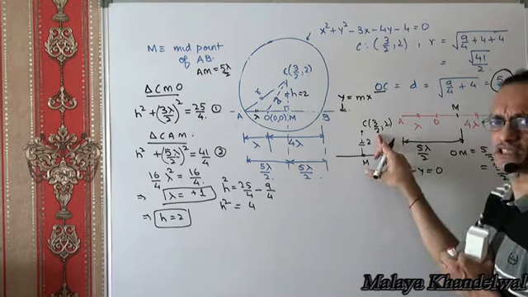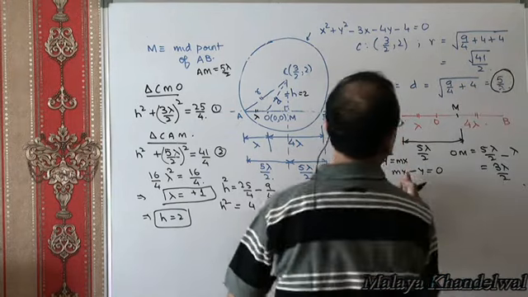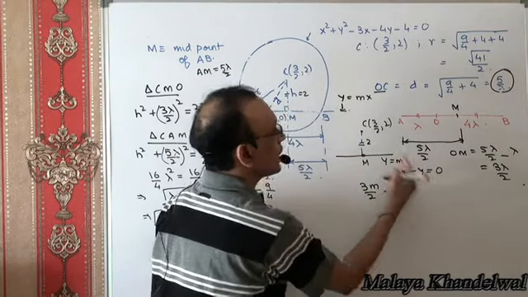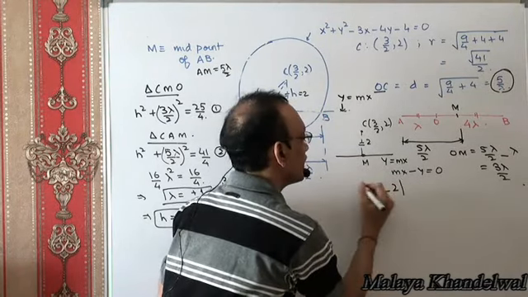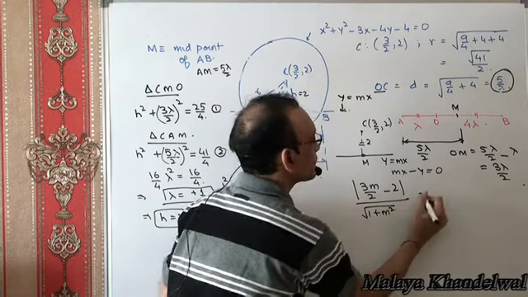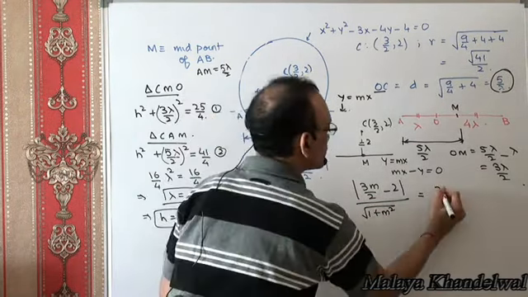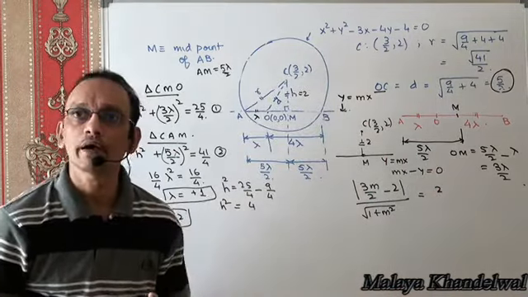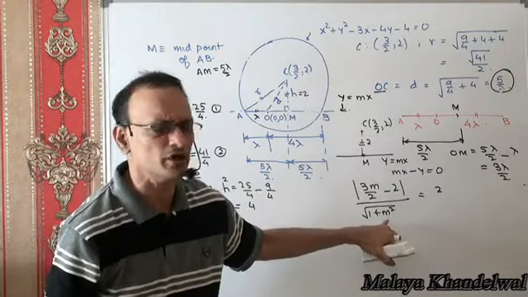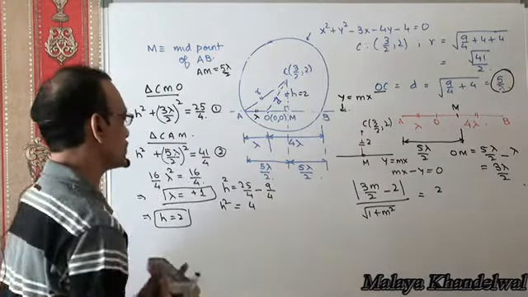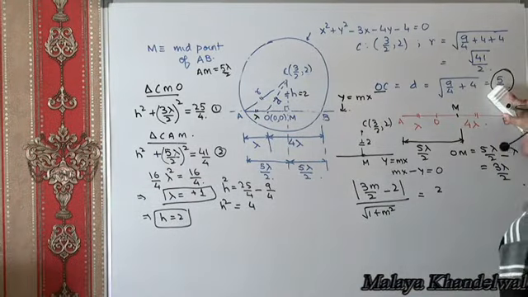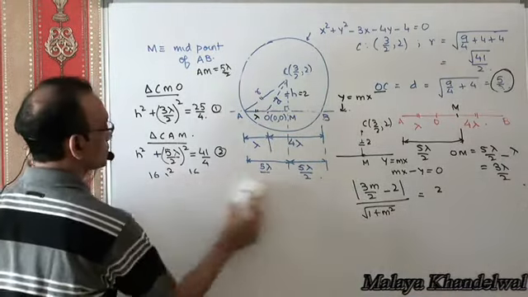So the perpendicular distance of 3 by 2 comma 2 from this line is what? Put x equal to 3 by 2, so 3m by 2 minus y equal to 2 divided by root 1 plus m squared. That must be equal to h, which is 2 units. So I just need to solve for m now. If I obtain the value of m, you'll get a quadratic in m, and you'll get 2 such chords. So if you allow me to remove the clutter from here, or maybe from here,